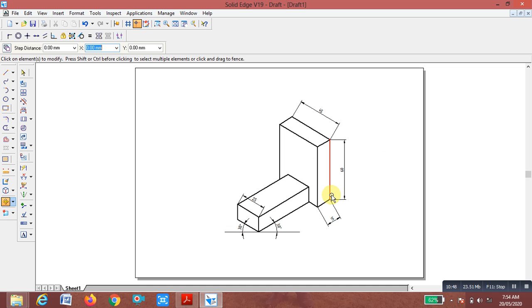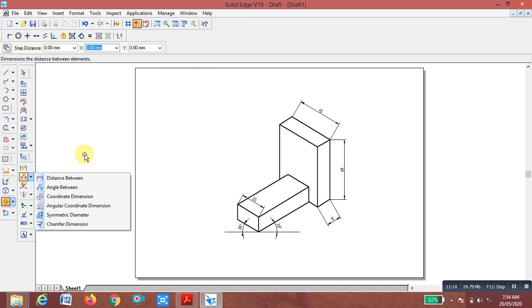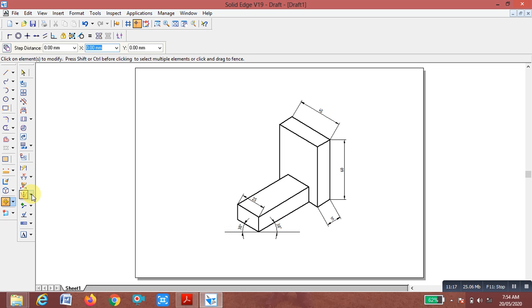One option is the scale option, among leader, balloon, scale, mirror, move.